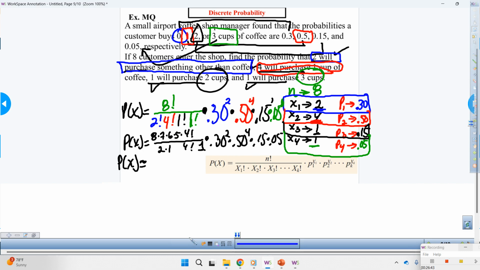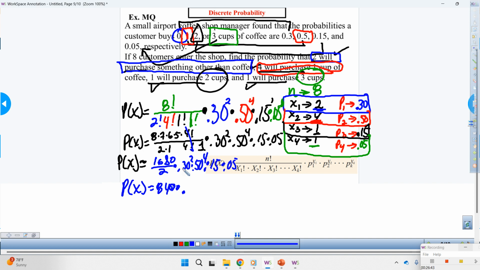So, we cancel these. That leaves us with 8 times 7 times 6 times 5. 8 times 7 is 56. 6 times 5 is 30. So 56 times 30 is 1680, over 2 times 0.30 squared times 0.50 to the 4th times 0.15 times 0.05. So that is P of X equals 840 times